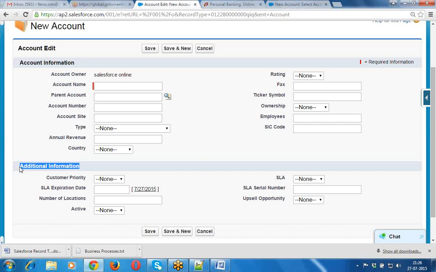So we are not providing any background check section for this particular customer. We are providing only two sections, one is the basic details I am going to capture, that is account information, and the second one is additional information. So this is the way that we can create the record type in our object in Salesforce.